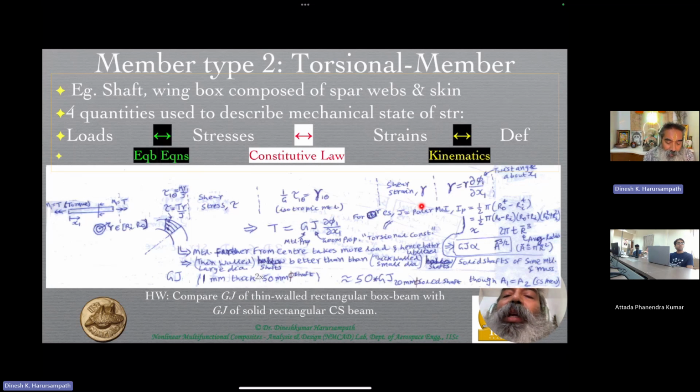So from gamma theta 1, it's very easy to get gamma 1 theta because they are numerically equal to each other. And so tau 1 theta will be on the cross section, whereas tau theta 1 will be where the circular shaft is cut in a circumferential direction, so that once it is cut over there, on that phase you would have,